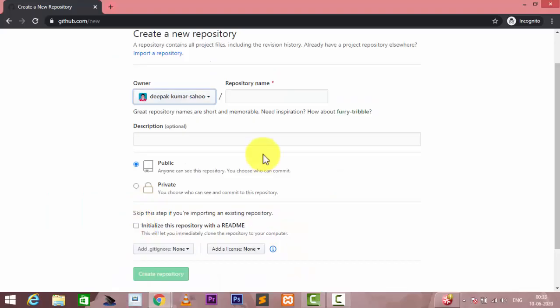Okay, so I simply create a file, the name is project01.